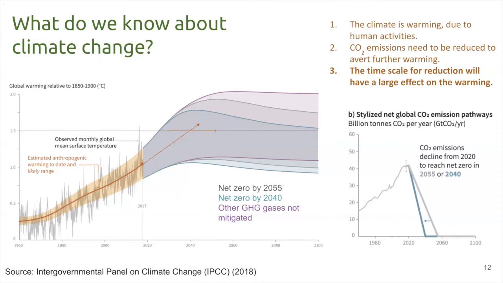One last thing I'll point out on this left diagram is that horizontal line next to 1.5 degrees. When you hear targets about needing to reach net zero greenhouse gases in 20 or 30 years in order to avert warming of 1.5 degrees Celsius, this refers to our mean estimate for what's going to happen if we achieve certain net zero reductions.